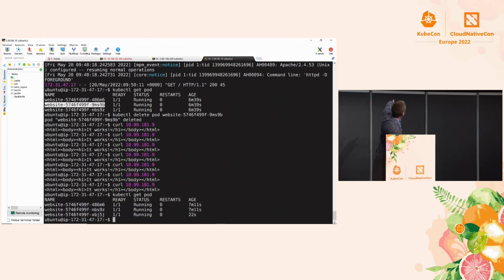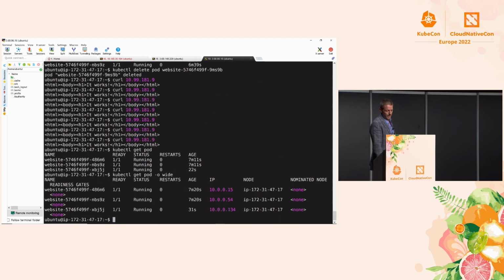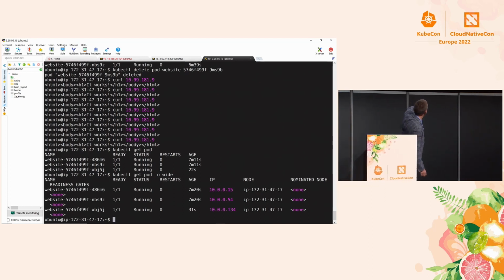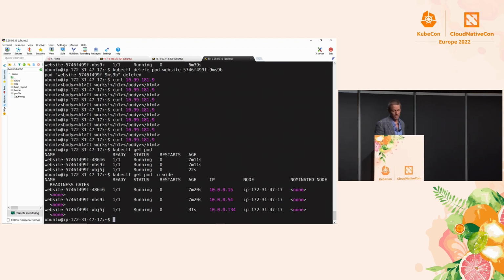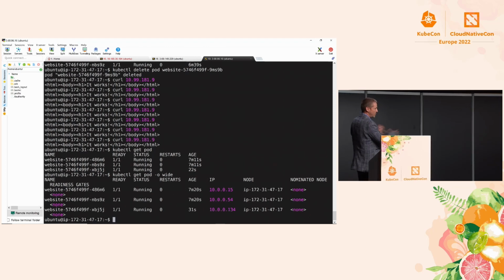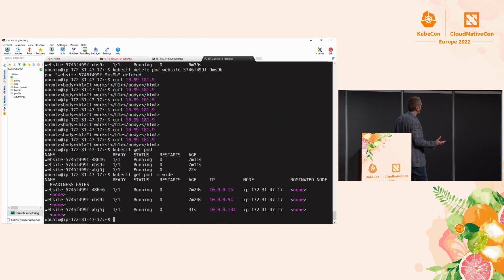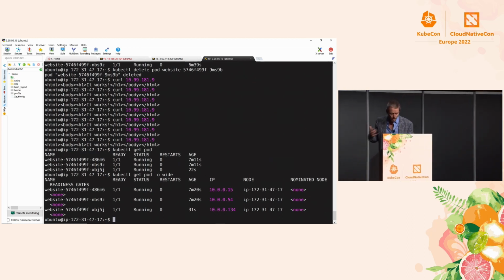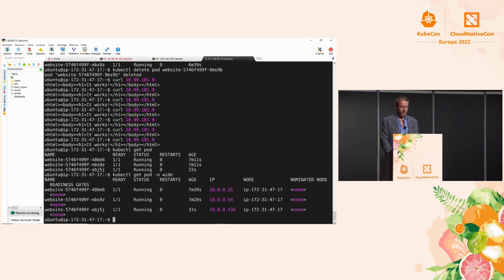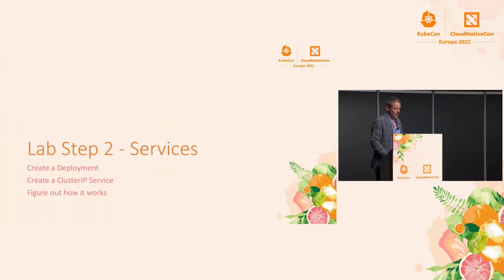It's not the same pod, right? That guy, if you look at the IP, not the same pod, right? This guy is 134, and he's been running for 31 seconds versus the other guys, which are 7 minutes. So the mesh is dynamic, right? It's taking advantage of this dynamic environment and automatically updating all of the routing or forwarding necessary to make things go.